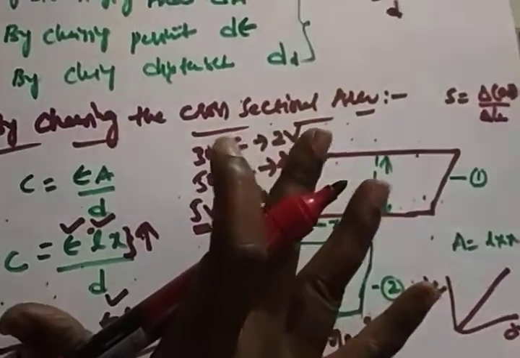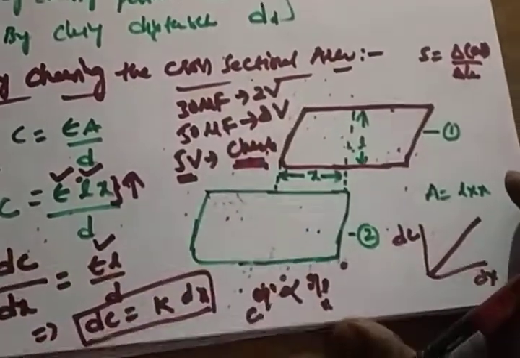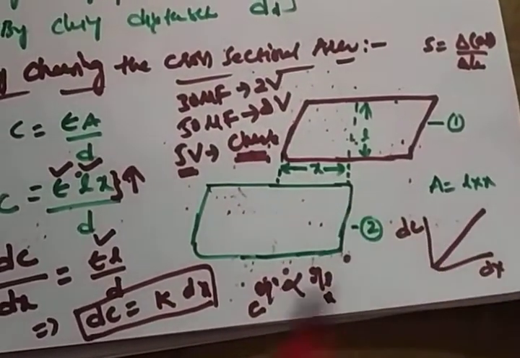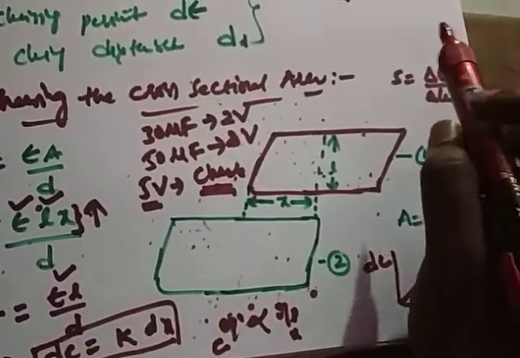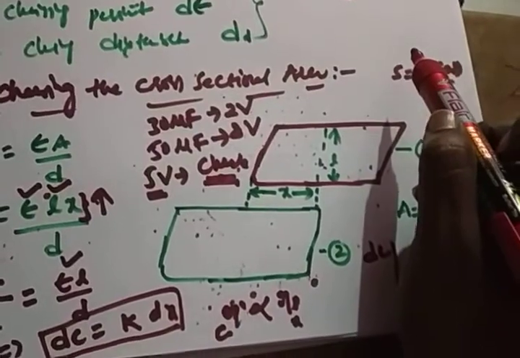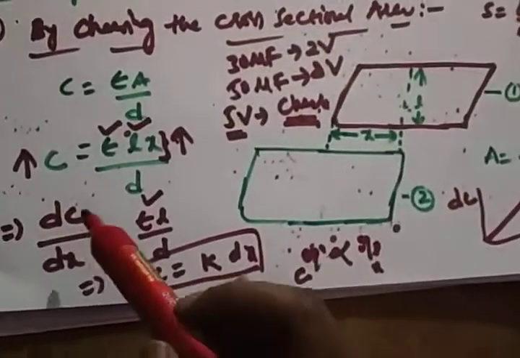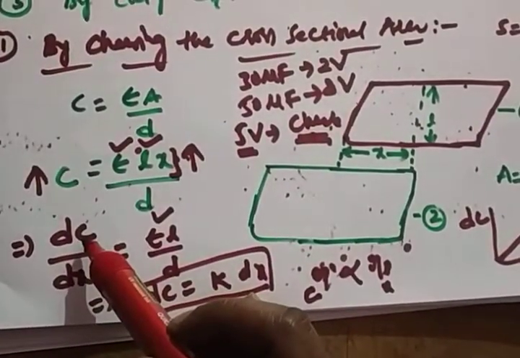After that, this is a capacitive transducer. What about the scale? Whether the scale is linear or non-linear, you can tell by measuring the sensitivity of the system. So what is the sensitivity? Change in output by change in input. How can you calculate the change in output? What is our output? The capacitance will be the output.